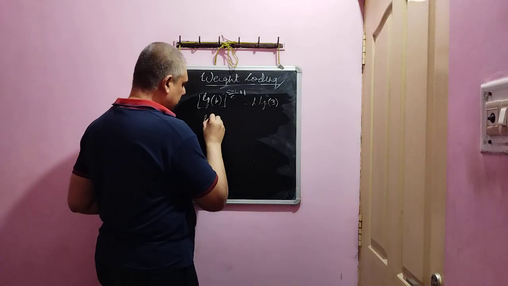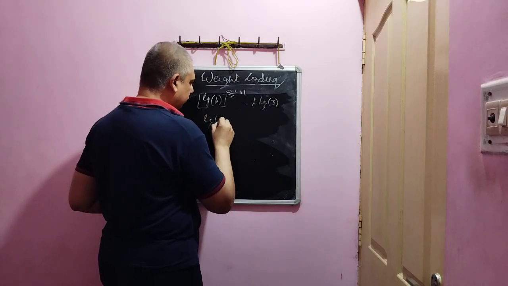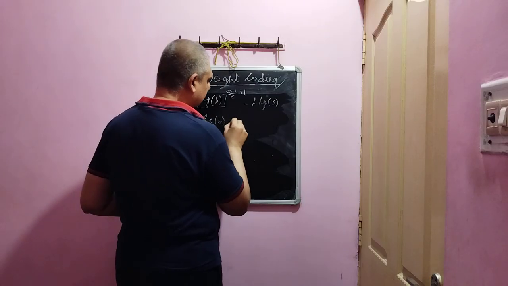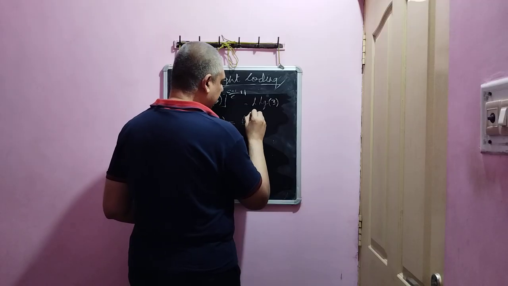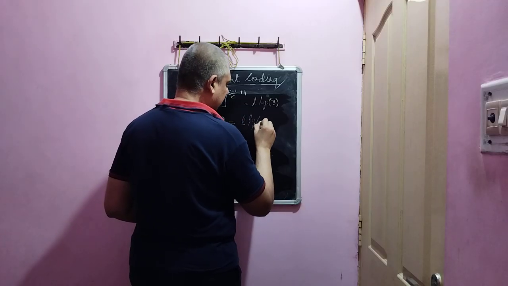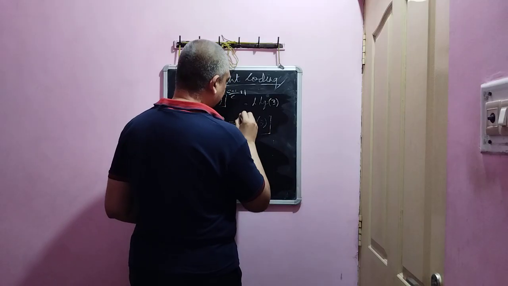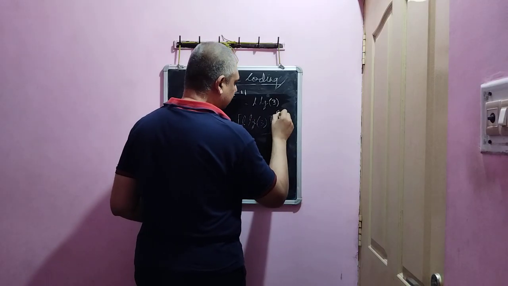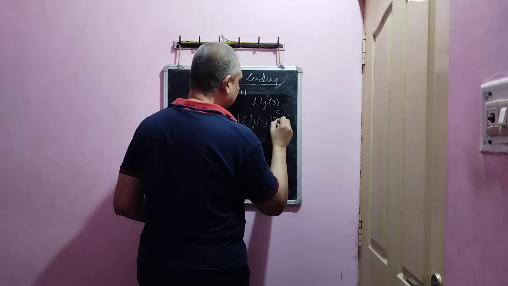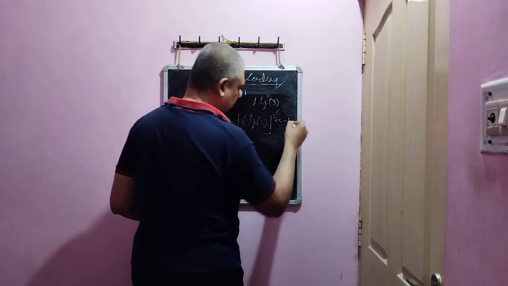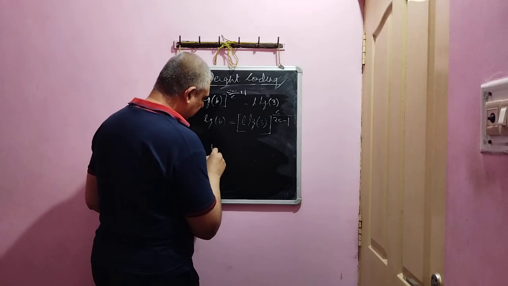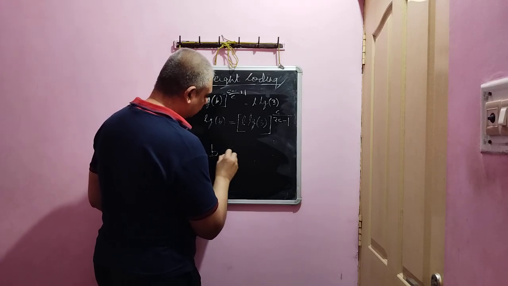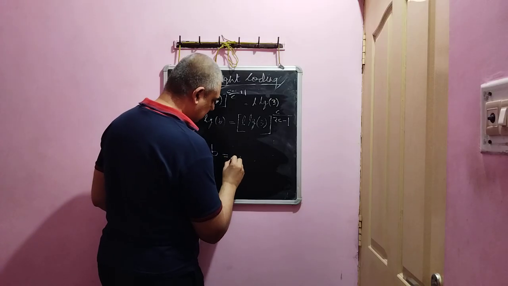Therefore, log to the base b will be equal to L times log 3 whole to the power of C by 2C minus 1,